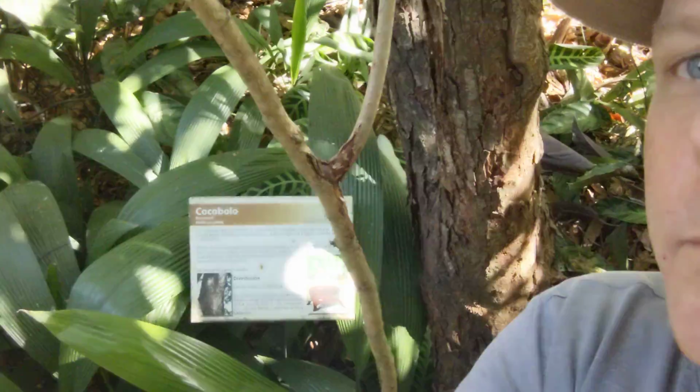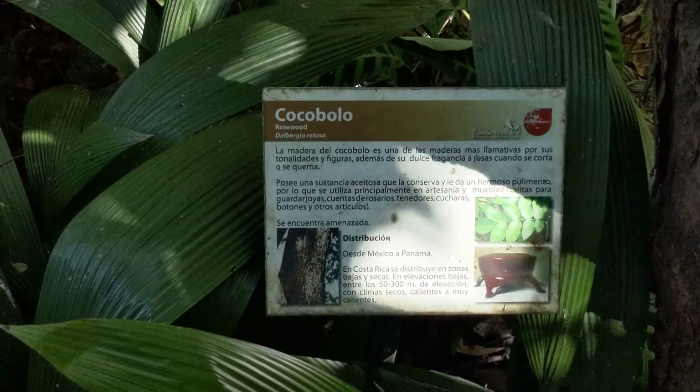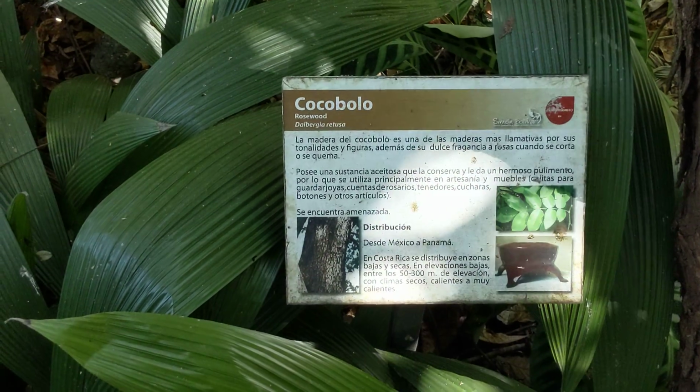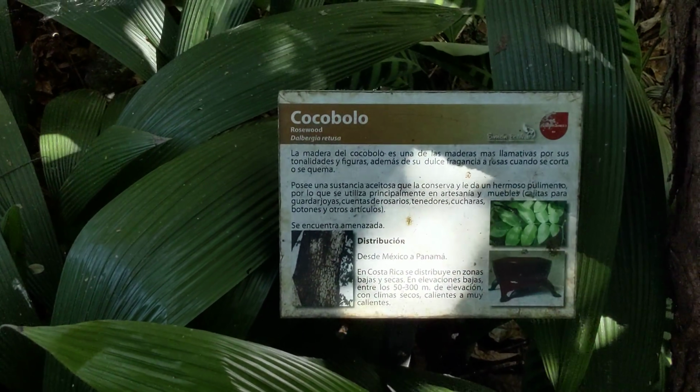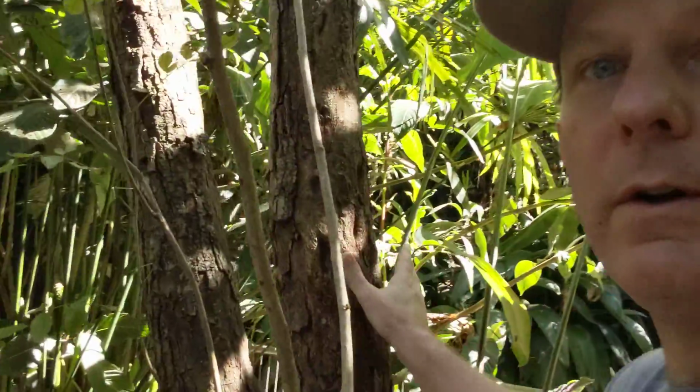But I skipped right by this plant that is right in their little neck of the jungle here, at the Simón Bolívar Botanic Garden de Costa Rica in San Jose. This is Rosewood, Cocobolo, Dalbergia retusa. Do you know about Rosewood? I have played guitar and bass guitar, and the necks of these instruments are often made with rosewood. I've never actually seen a rosewood. I knew they were tropical, but here in Costa Rica they are right here, and I can pet it